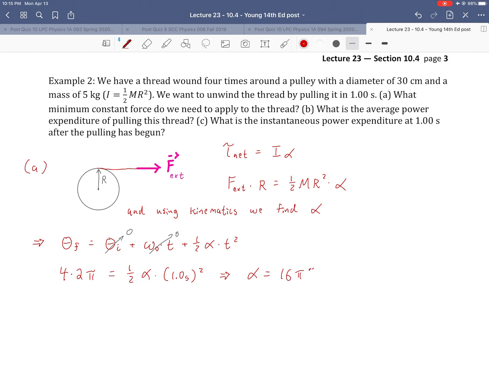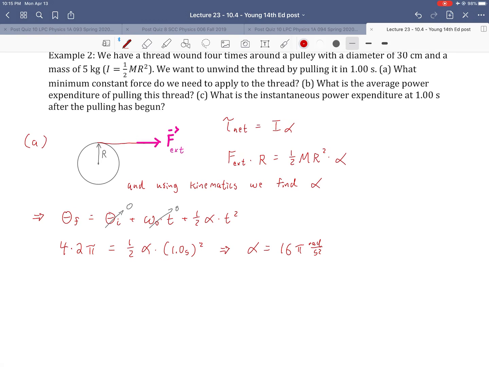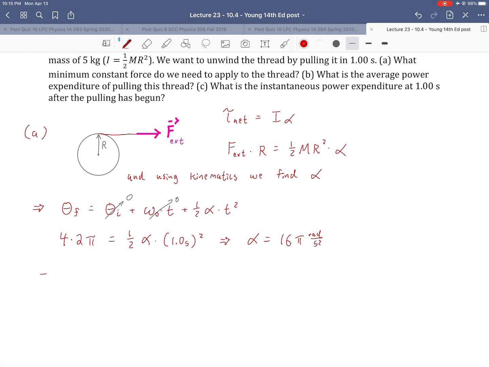So 16 pi radians per second squared. Okay? All right, so then I can go ahead and plug that in and then just solve for r. Okay, so what will that look like? So then my minimum external force to pull this off, or really the perfect force to pull this off, because otherwise it would unwind too fast, and we know we want it to unwind exactly in 1 second, is then